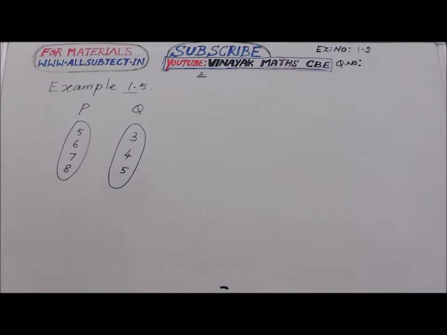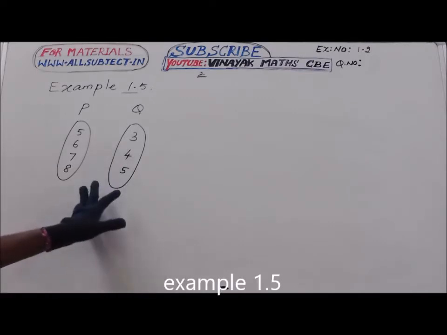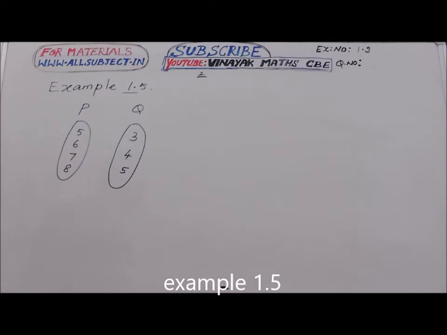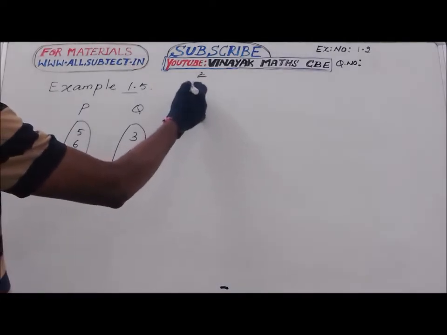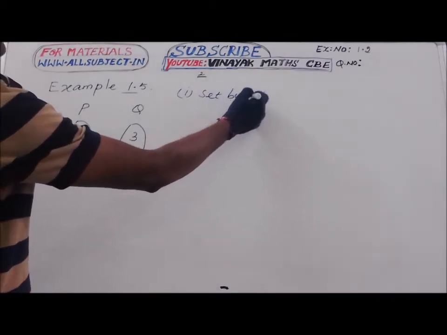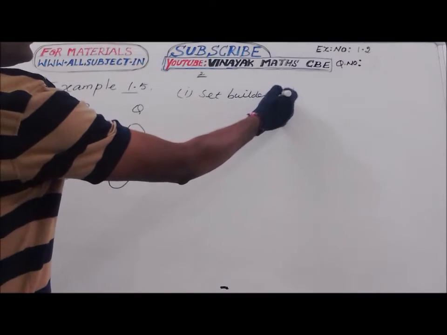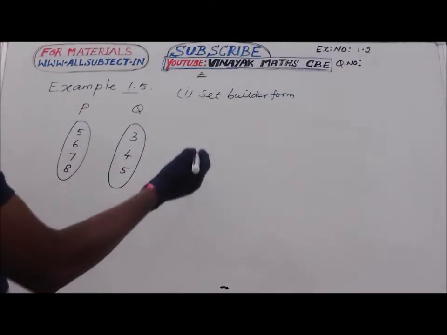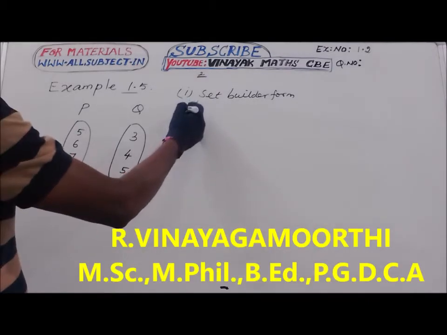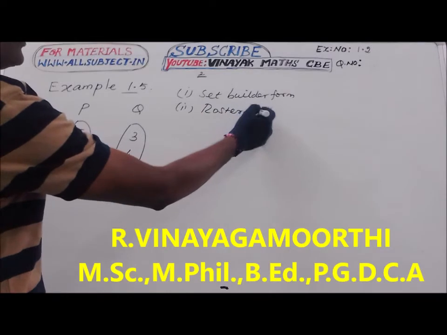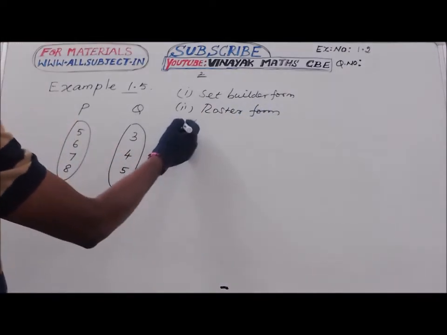Example 1.5. The arrow diagram shows the relation between sets P and Q. First, write the relation in set builder form. Second, write the relation in roster form. And the third is,